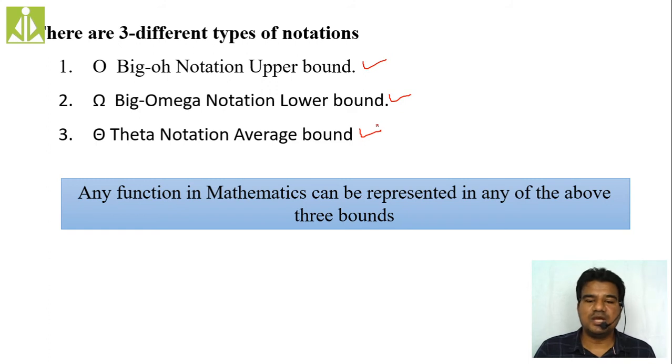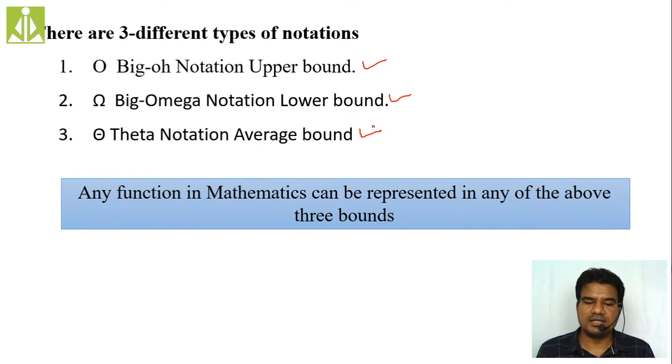We call this big O notation the upper bound of our algorithm. Whatever equation I have given, when we compared the functions, I have given one equation. So over there, order of n means upper bound. Then next is omega notation, that is lower bound. Then theta notation, in the sense, average bound. Upper bound, lower bound, and average bound.